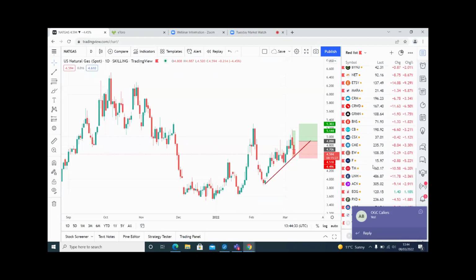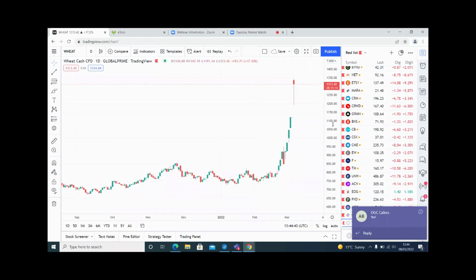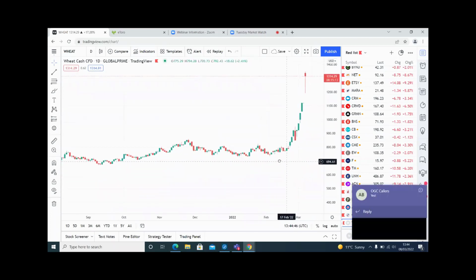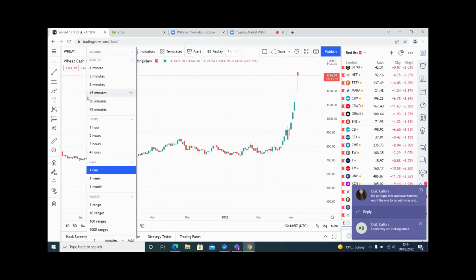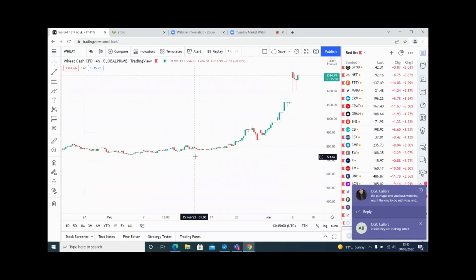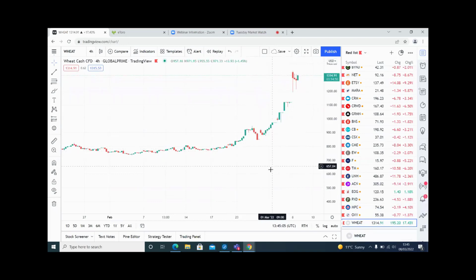Okay, on to another commodity that's doing super well, which is wheat. And wheat is just skyrocketing. Just one of those that has gone from strength to strength. It's just doing what it should be doing. Well, what's going on? If it dropped down even to the smaller time frame, there's no real opportunity for us to get in on this, is there? It's literally just gone. There's nothing there for us to jump in on.